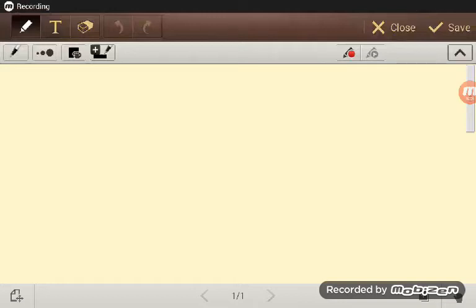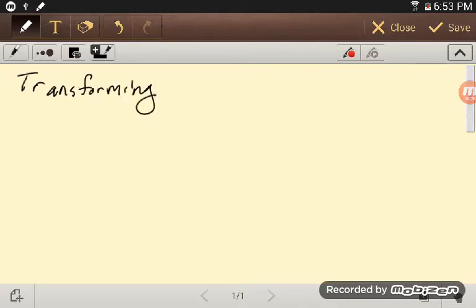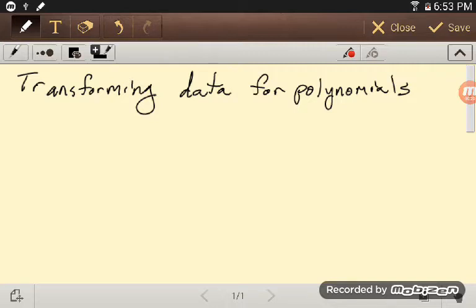Okay, so let's first look at transforming data for polynomials. And so here we may start with as much as, x1, we'll just go with two variables just to get